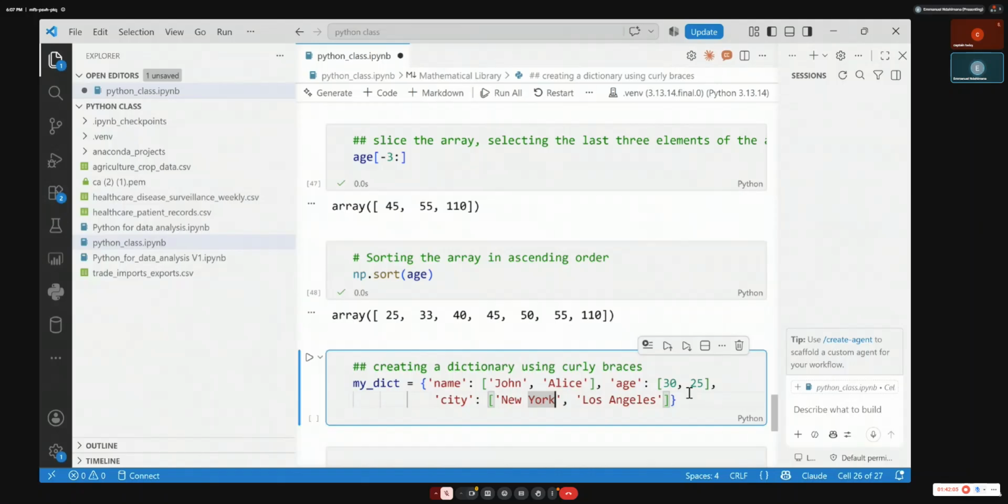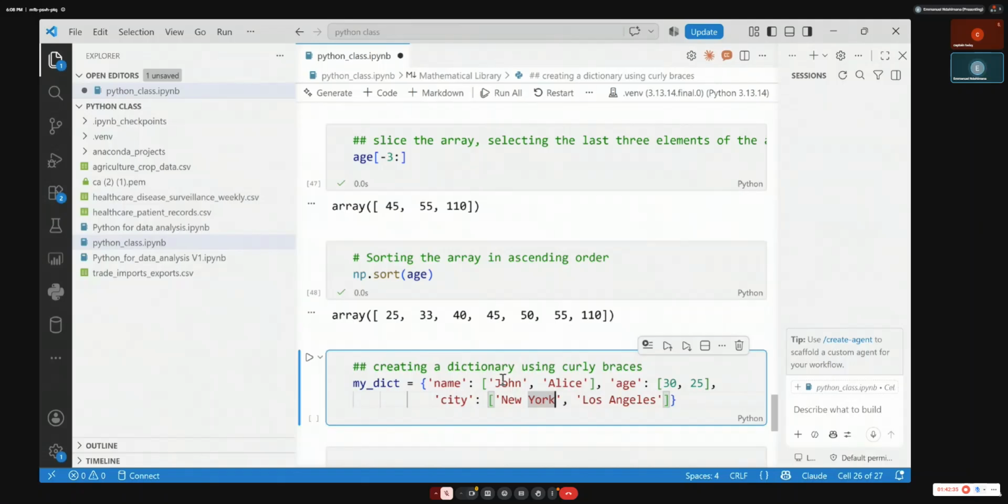So let's finish creating this dictionary, and later on we convert it into a table and use it. It's 100% the same. If the value of city is just New York, is it for two persons or for the first person? No, this New York is for John, because John is the first person, and New York is the first person's city. So that simply means John is in New York.